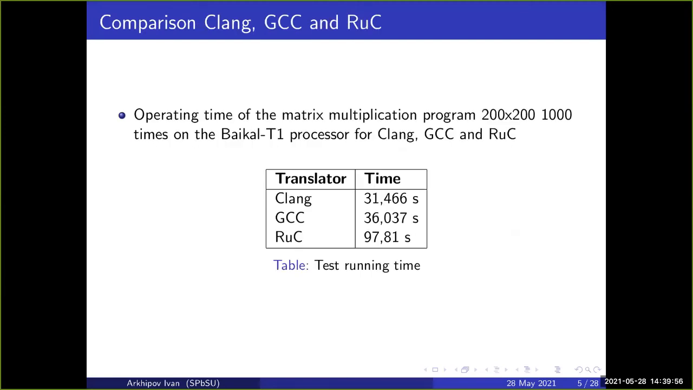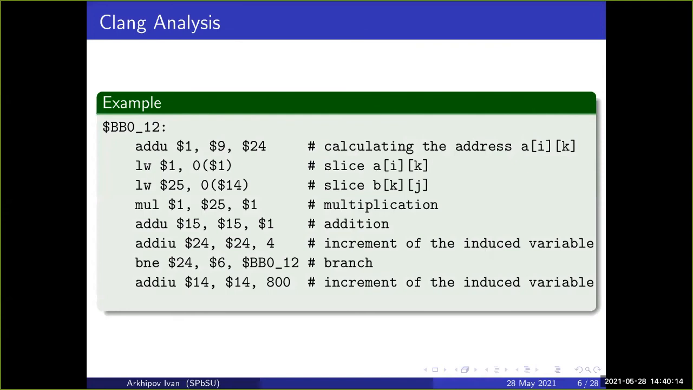That's the first time measure. Clang is the best, GCC in second place, and Rust in third place. Let's look at the inner loop code